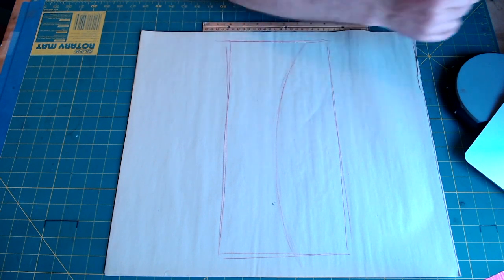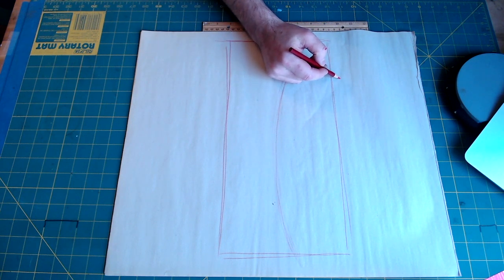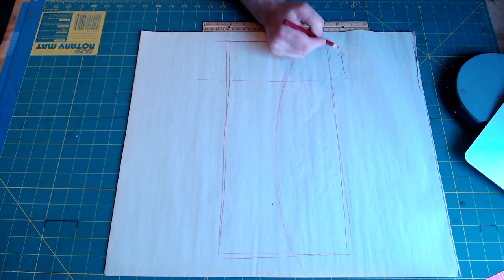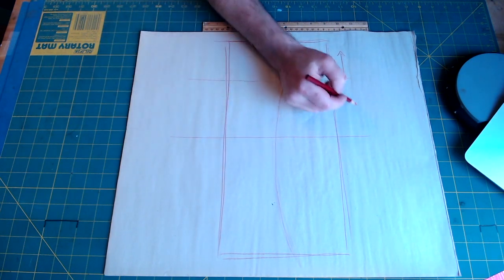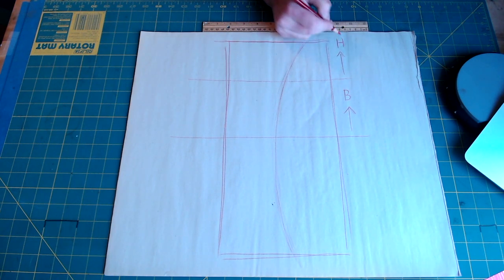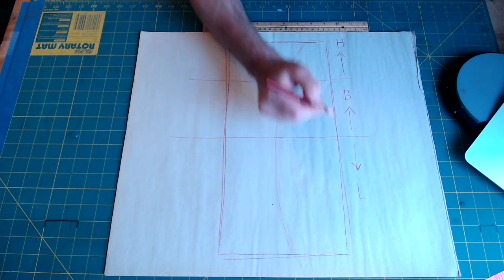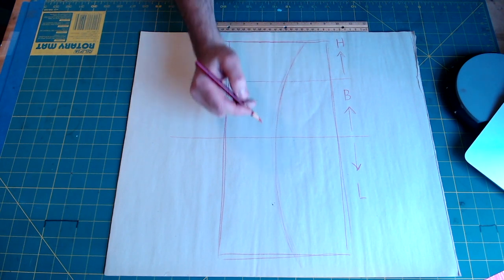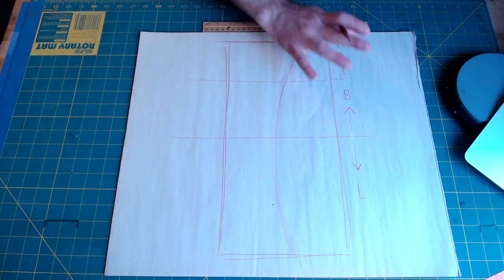So I'm gonna do something else that I don't normally do. I'm gonna divide this. So this section up here is gonna be the head section. This section right here is gonna be the body section. We'll just say B and H. And then this section down here is going to be the legs because he's got some ridiculously long legs. Cool? All right. So he's got kind of like a little hot dog body, but before we do that,